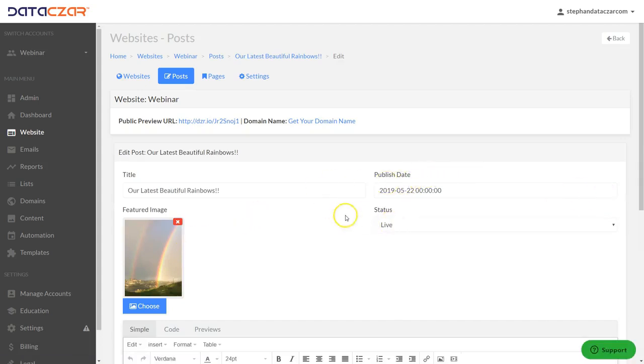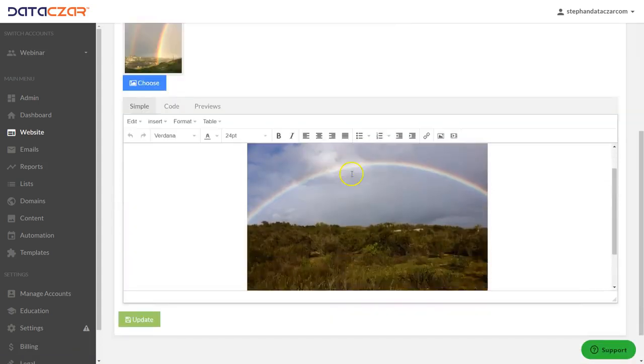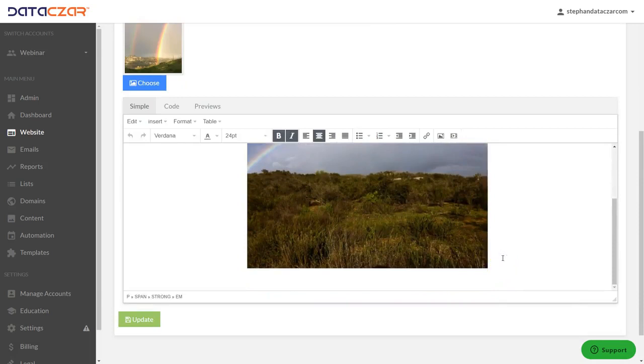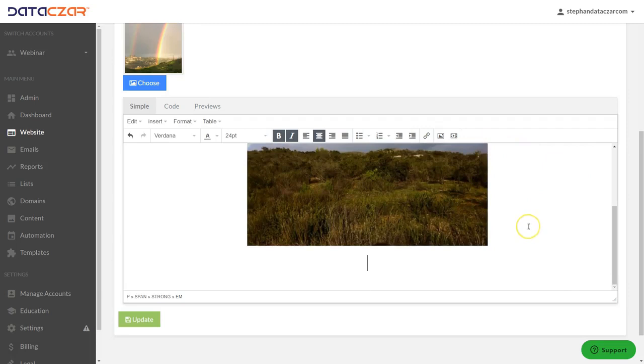And we have a featured image. We're going to leave that alone. We have today while hiking. And we're just going to stick our cursor right there. We're going to hit Enter, and it'll bring it down a little bit. And we're going to add one more pic from today. And hit Enter again, and we're going to add an image, so click the Insert Edit Image